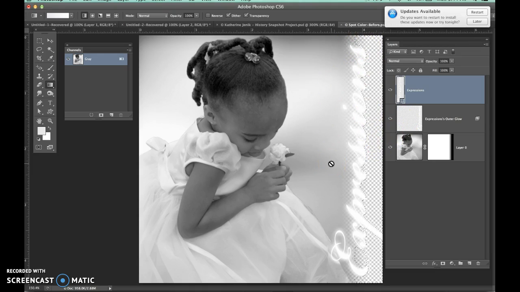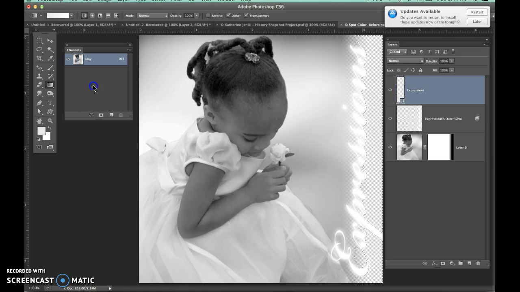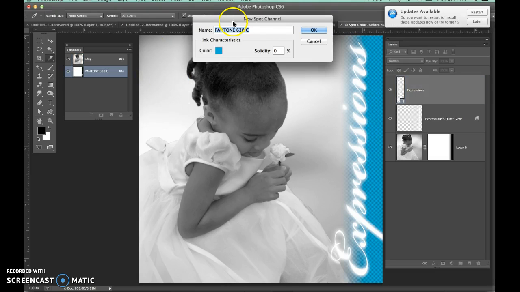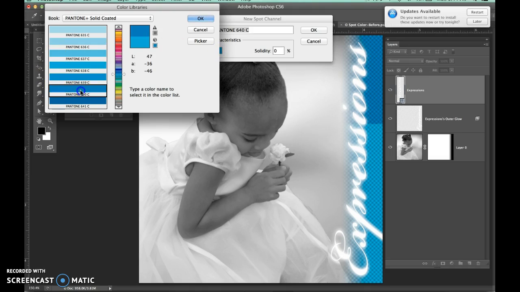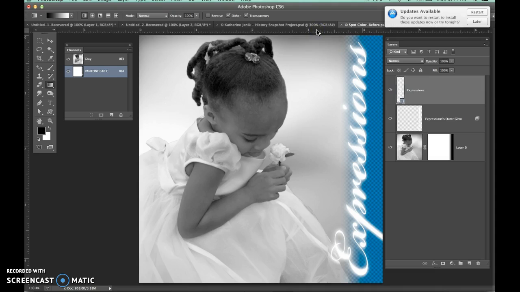So now you have your selection, and then in your channels, which we find in our window menu, you can drop down into the submenu and create your first spot channel. And whatever color you want, doesn't really matter, but I can come into color and pick whatever color you want. But we'll just pick that blue, that's pretty. So that is a little bit more about how they were actually cutting this out so they got exactly what